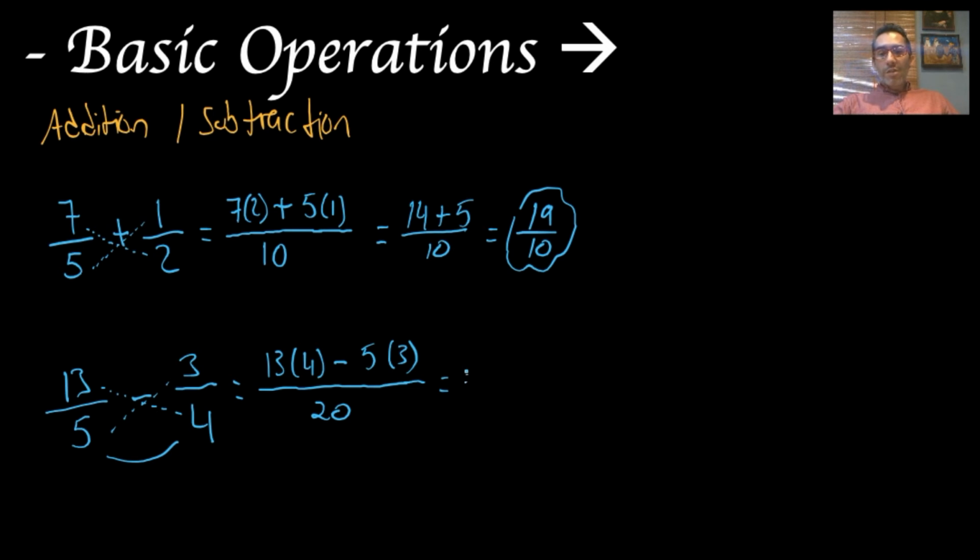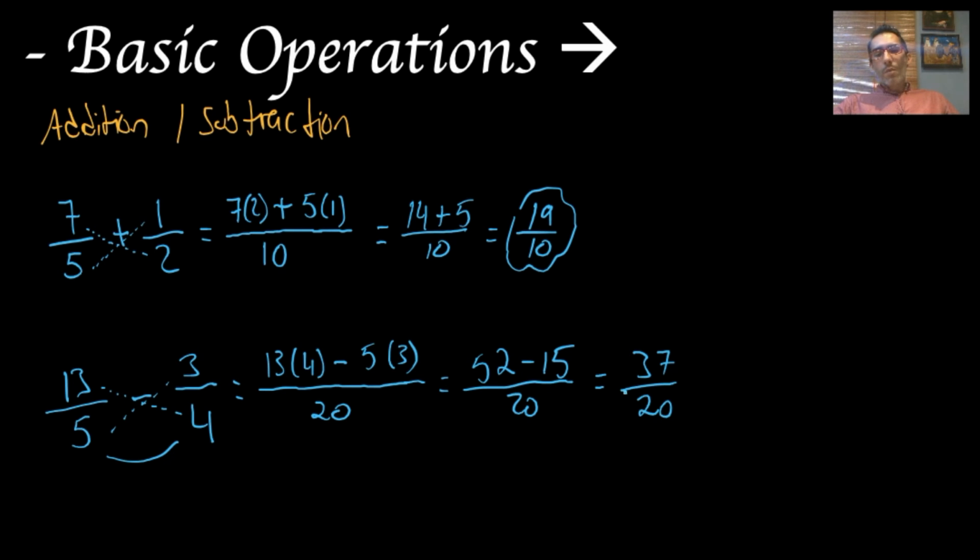Let's perform this operation. 13 times 4 is 52, minus 15, 5 times 3 is 15, over 20. We perform the subtraction, so 52 minus 15 is going to be 37